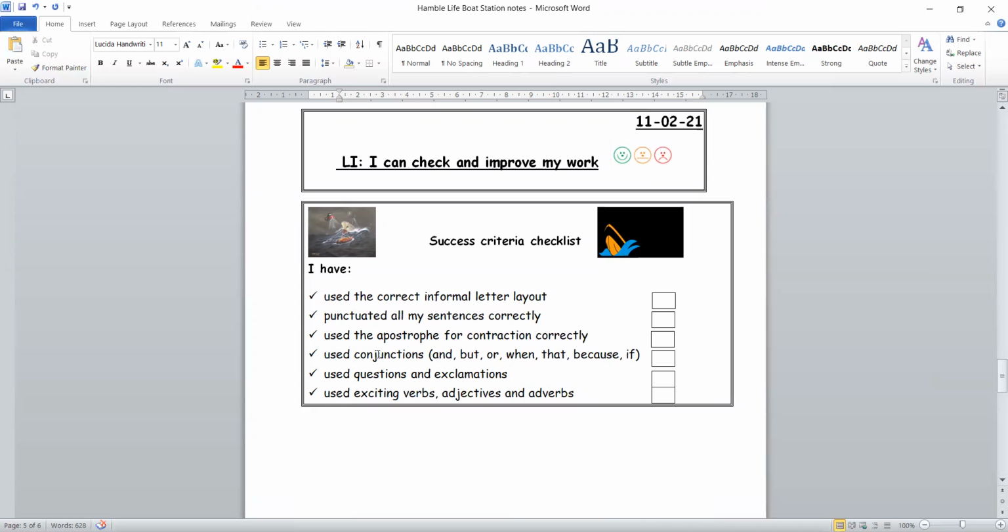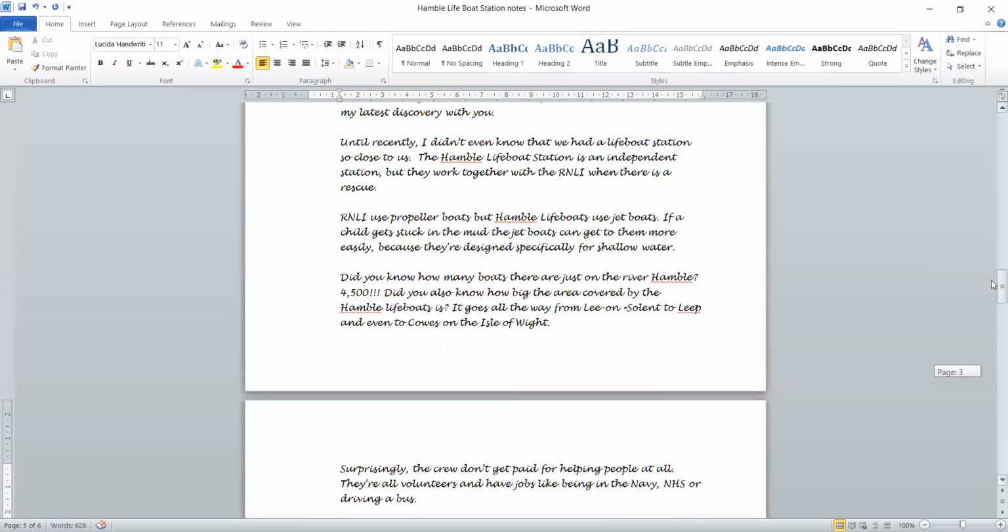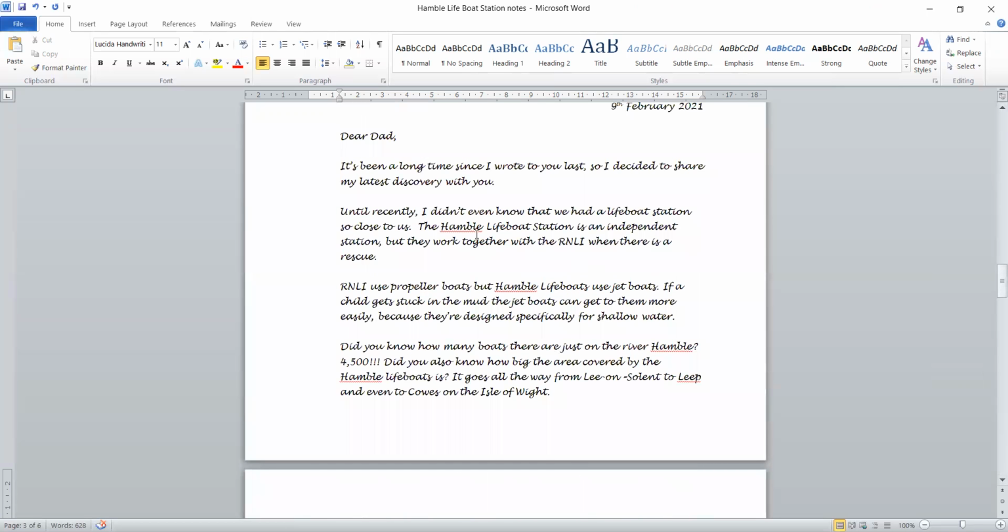I'm going to check whether I have used conjunctions in my writing. And I'm going to again go through all my sentences and check I have a contraction here, I have a contraction that, I have a contraction. Now we have checked for contractions. Now I'm checking for conjunctions. So I have a conjunction that,